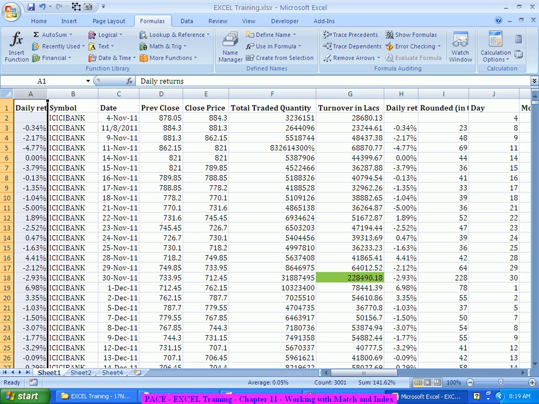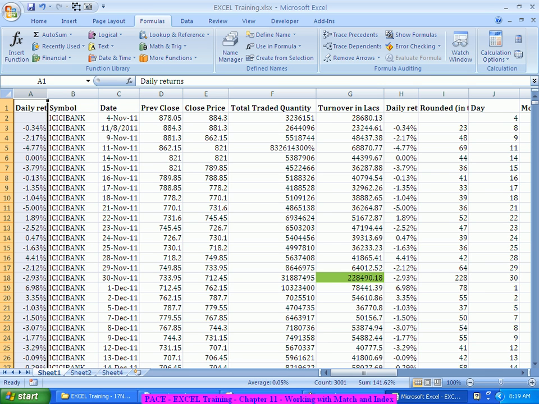Instead of depending on VLOOKUP or HLOOKUP, in that case, the combination of these two formulas, match and index, will actually solve your problem. Match and index are improvised versions over VLOOKUP, where